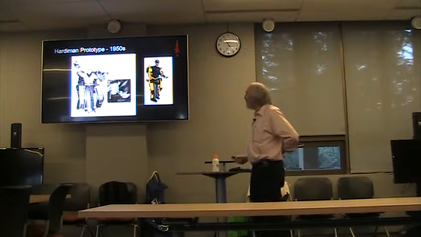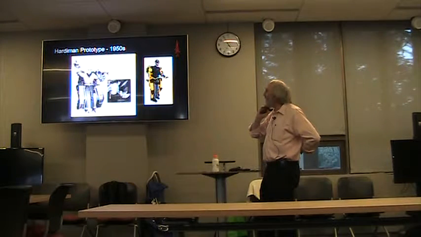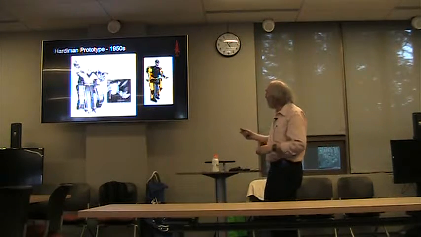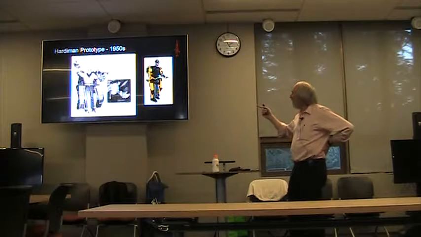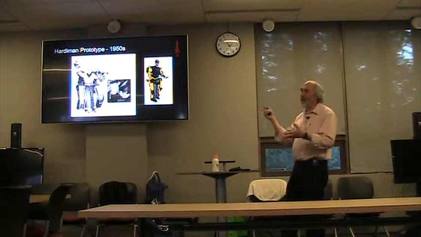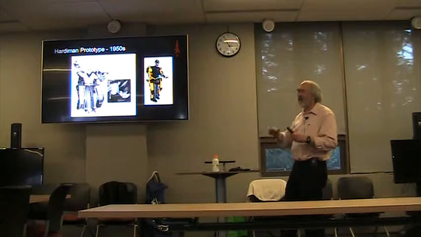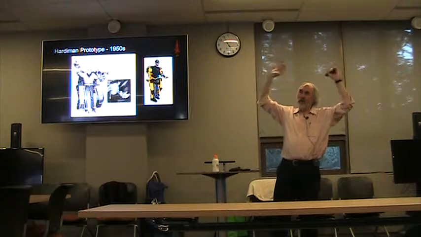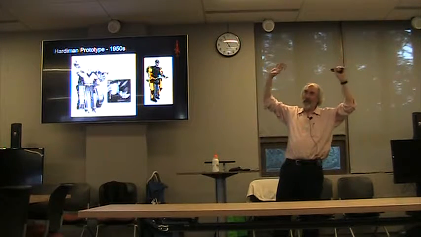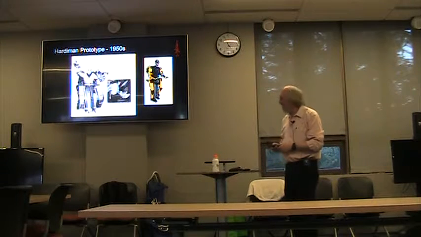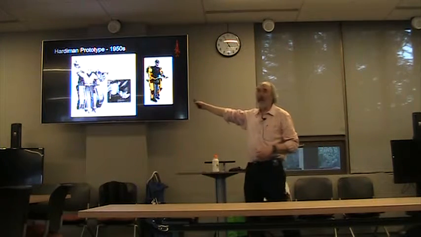Prototype exoskeletons. The one on the left was built in the 1950s and made for workers to increase their strength and stuff. And this idea is coming back now. This is a new design. Forgot the company that's doing it, but it's made for workers to be able to pick up and move heavy things. And there's a whole other class of these things for working on stuff above you, so it'll provide force so that you can work overhead without fatiguing. But this sort of looks like the Hulk hand over there, right?